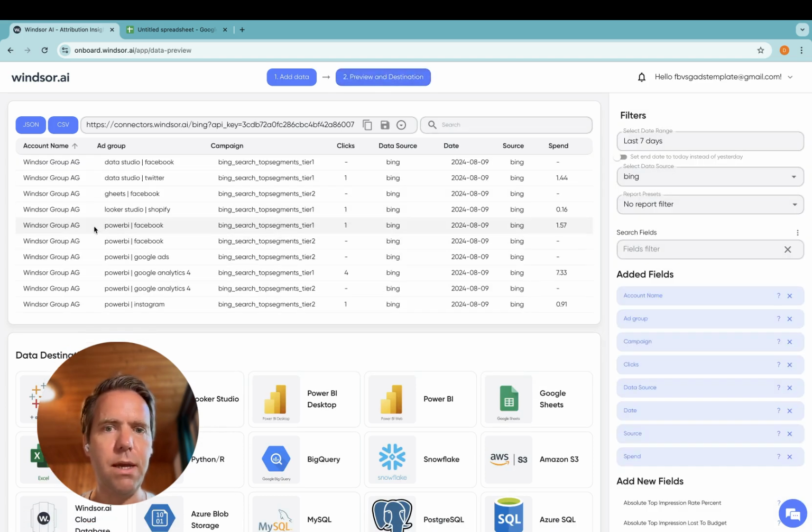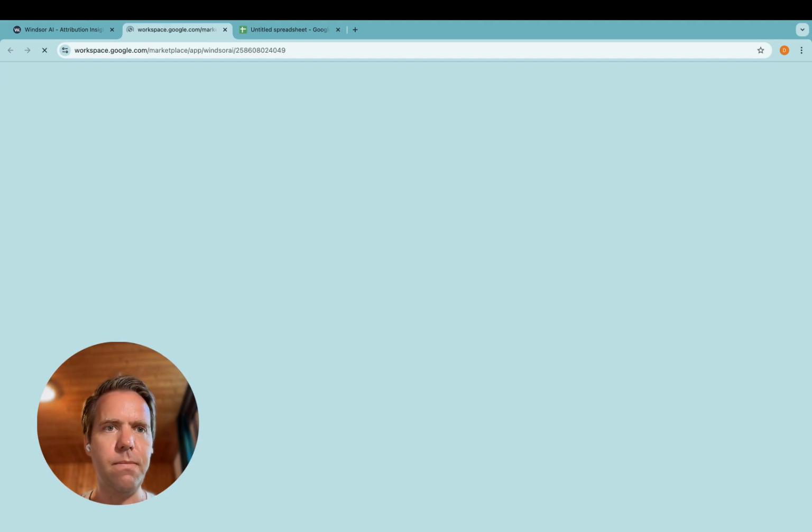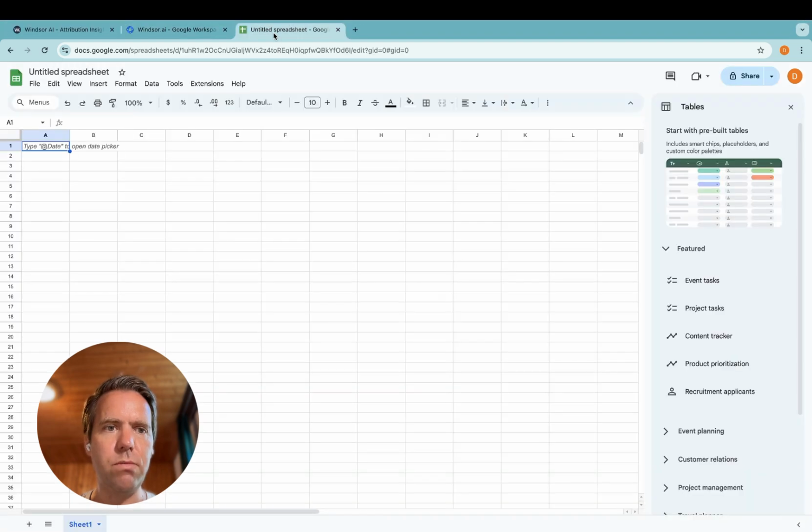You should see Bing Ads data here. If this is the case, then we head to step 3, installing the Google Sheets add-on and loading the data into Google Sheets. Click on Google Sheets, install the plugin, and now when you open a new spreadsheet, in the Extensions tab, you'll